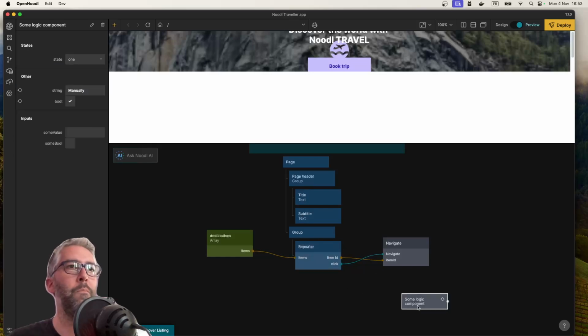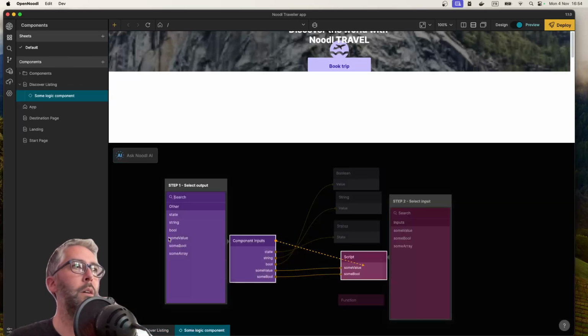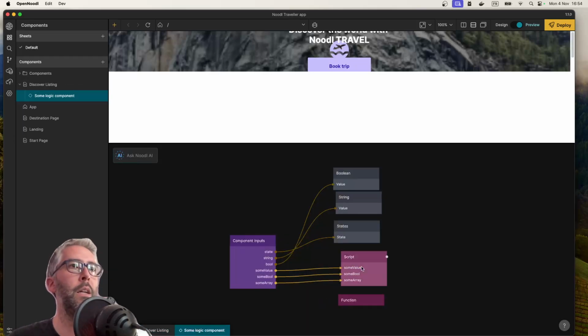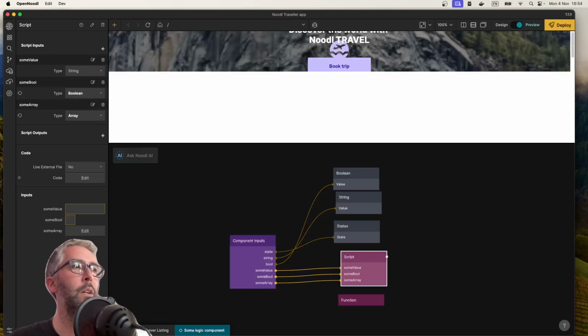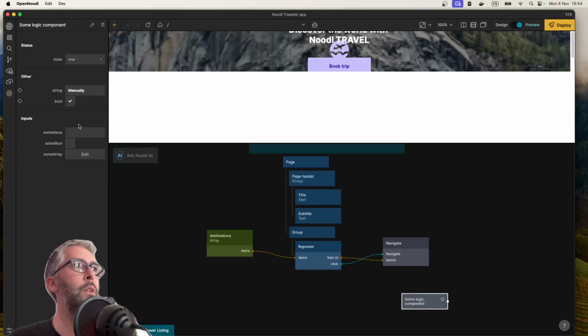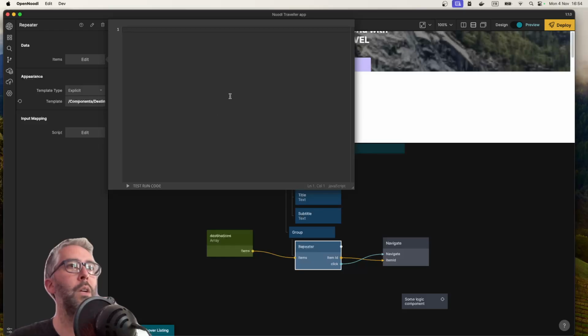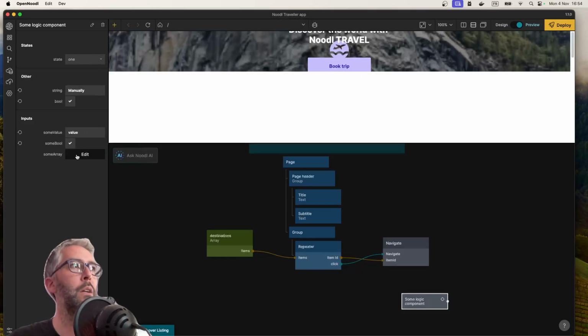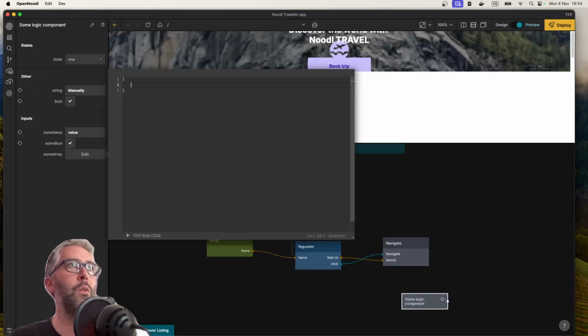Oh, no, I didn't hook it up. Hook it up, some array to some array. And did I add it as an array? Yes, I did. So now we have these new fields. So we have input some value, boolean, and then you see that the array actually comes up as an array field, like with a repeater when you have the items, and you can enter them as a JSON object. Array comes up here, and so we can put, you know,